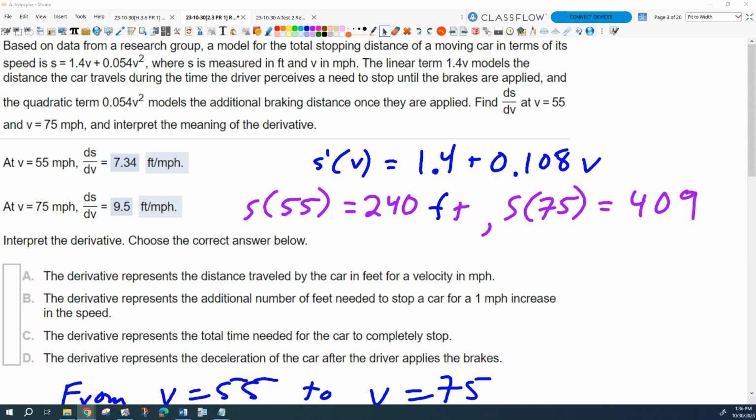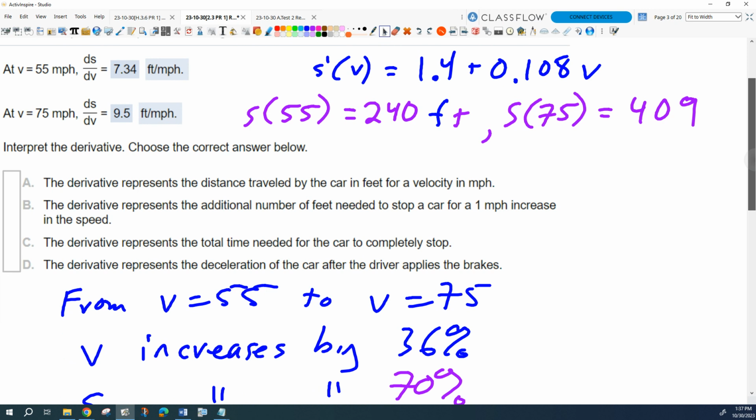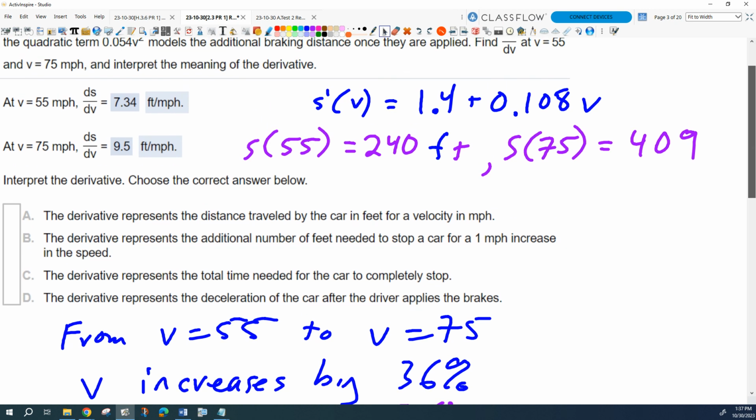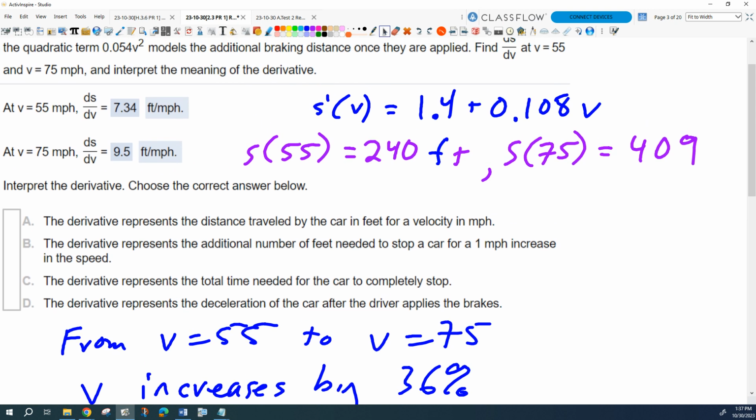We were talking about rates of change, right? We were looking at this example with stopping distance, and I was using that as an opportunity to put my dad hat on and tell you not to drive too fast. Last question on this was interpret the derivative, right? So we found out, and what did we determine here? We determined that the rate of change of stopping distance is significantly higher for,